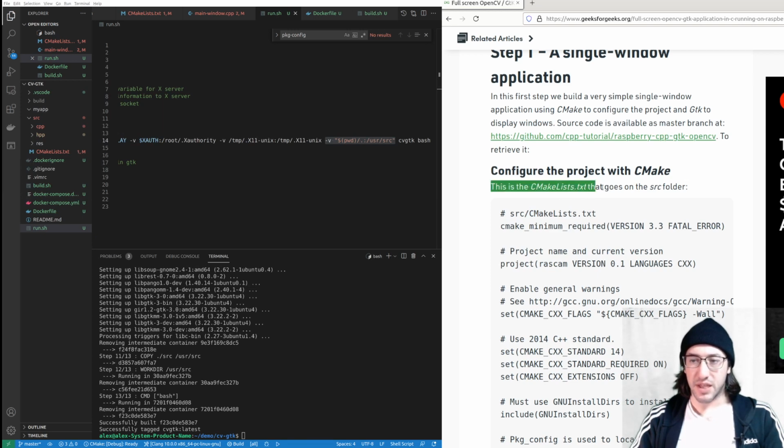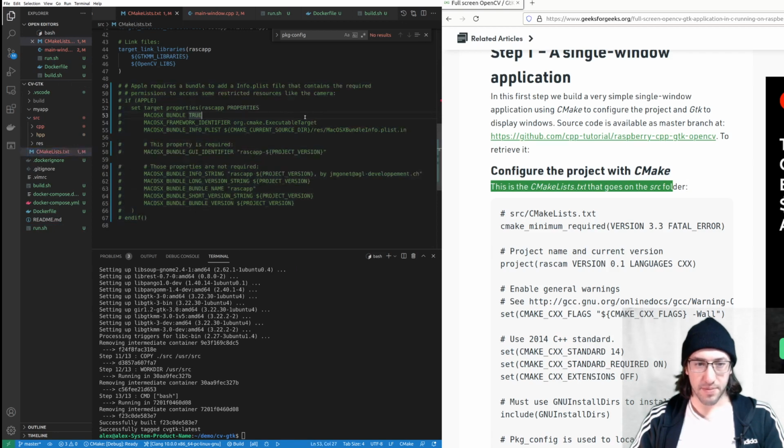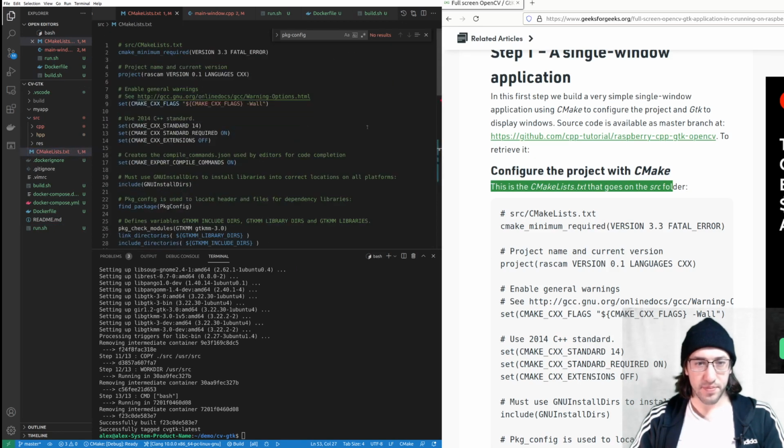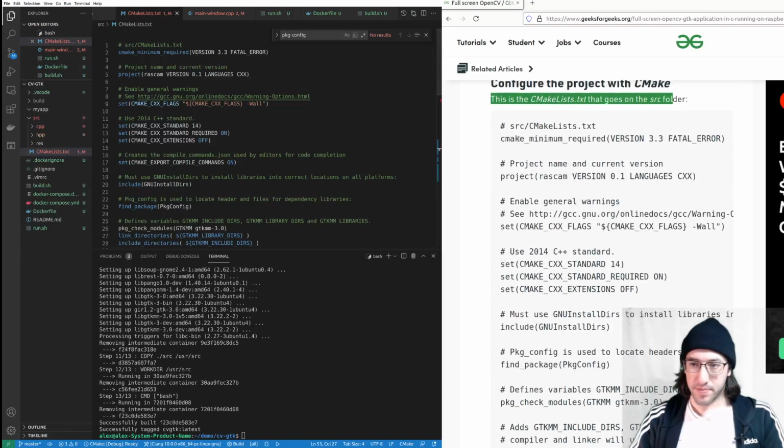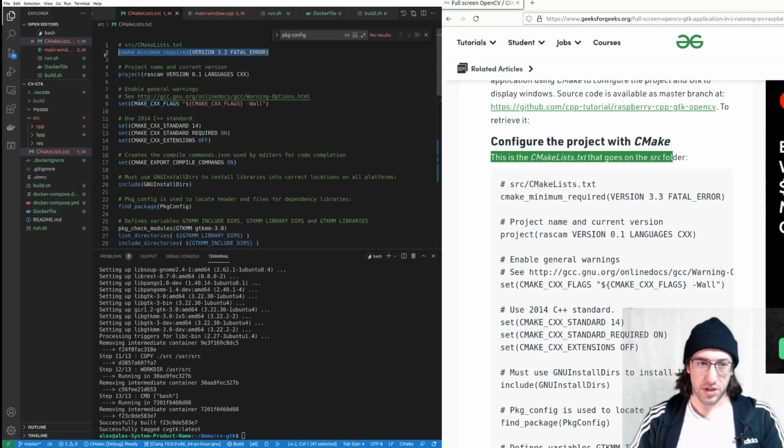This is the CMake list text that goes in the source folder. So let's take a look. Oh, we got that. Cool. And I compared these. These are pretty much the same. But let's just take a look at it. I'm not too familiar with CMake. So yeah, I assume this is